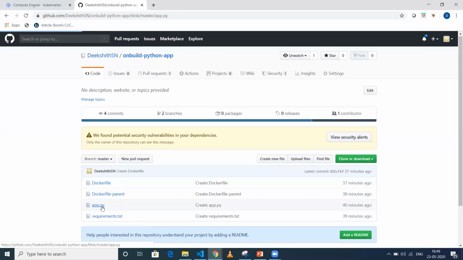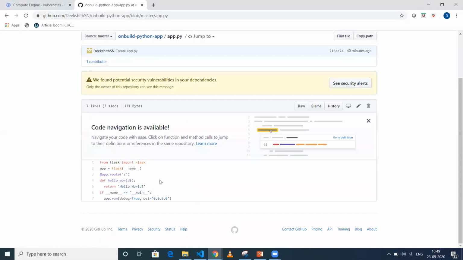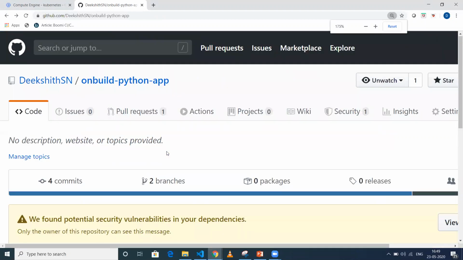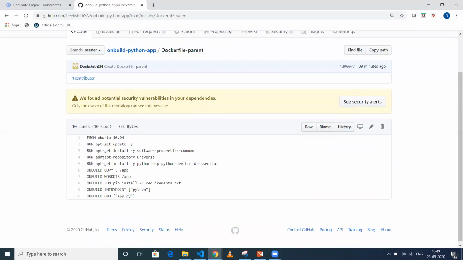I have app.py, which is a Python web application. It just gives hello world when you access it. Now what I'm doing in this particular one is taking a Docker file parent. Here, if you see, I've given a RUN for everything, like the installation.